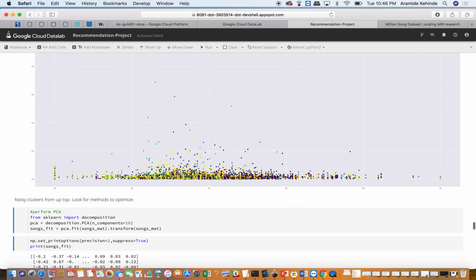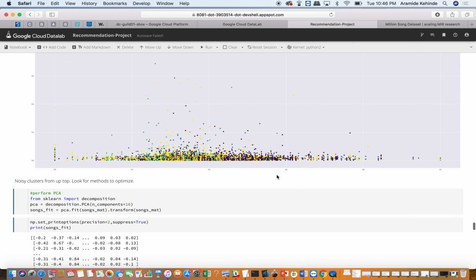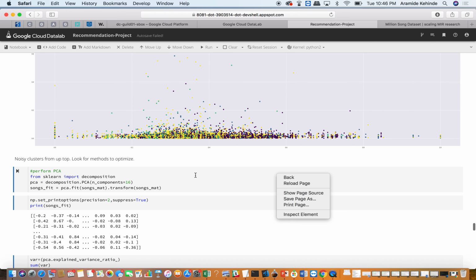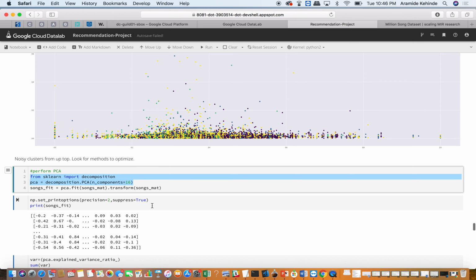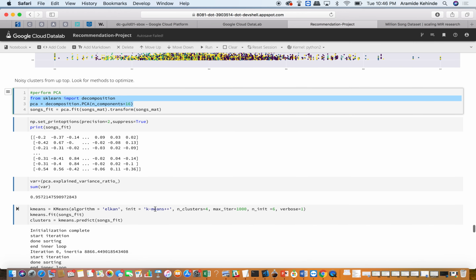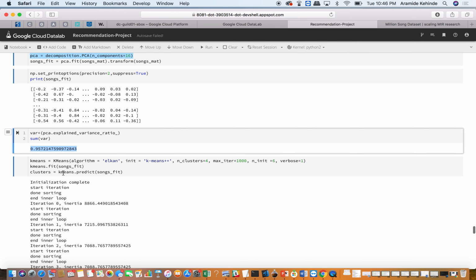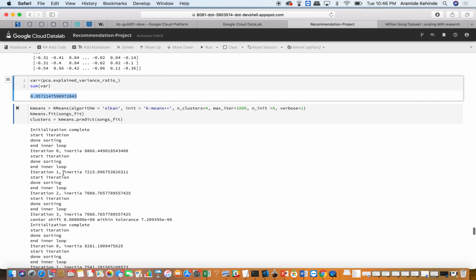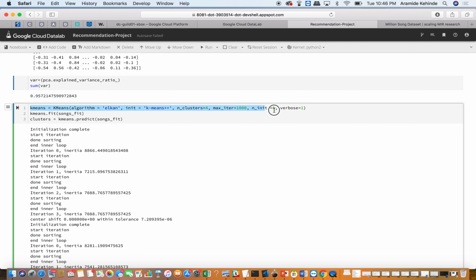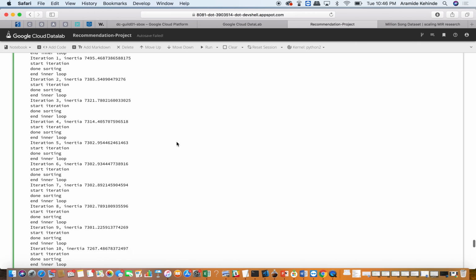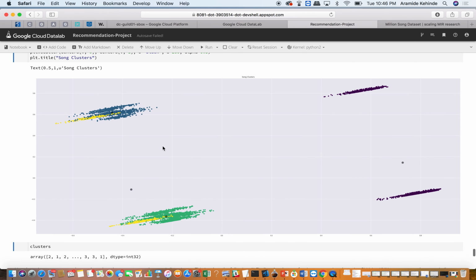We then use, instead of grid search, PCA to reduce the number of dimensions in this data set. So here we are calling the scikit-learn PCA API on the matrix of songs, and the resulting data set we ensured explained at least 95% of the variance in the songs data. We try the k-means algorithm again, looking for 4 clusters again, and this time we get these clusters, 4